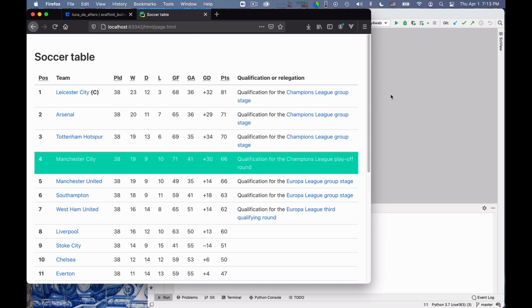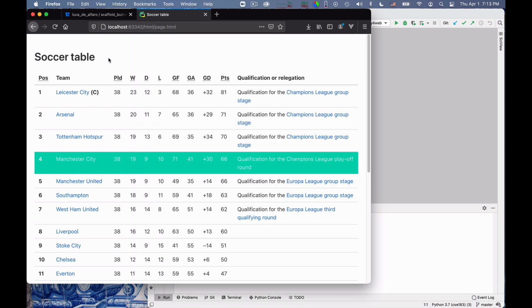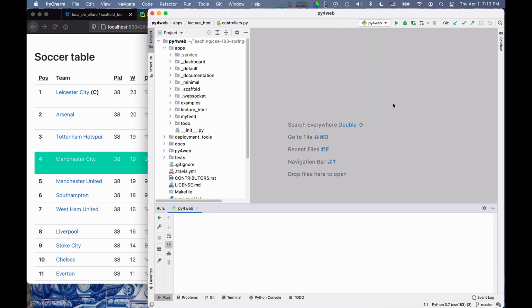Okay, so if I look at my installation of Py4Web, I have in the apps folder various applications, and I want to create a new one. Let me call it soccer simply, where I want to serve this page static. So the page is still static, but I want to serve it to anyone on the internet, or at least to myself when I visit my own laptop, not simply when I load a file via Py4Web. Okay, so the first step is that I want to create a new app.